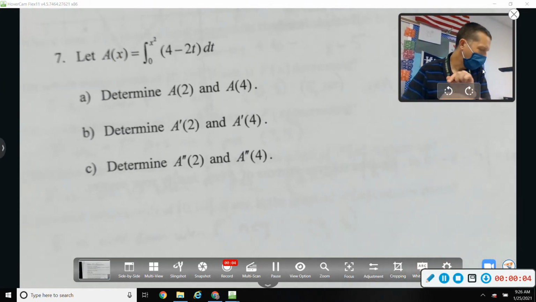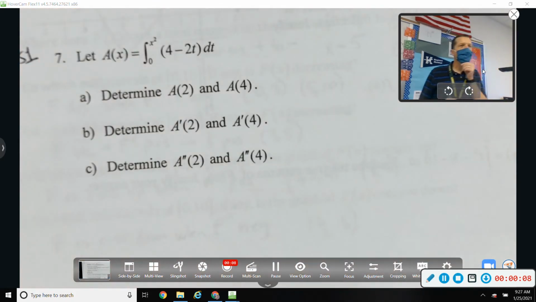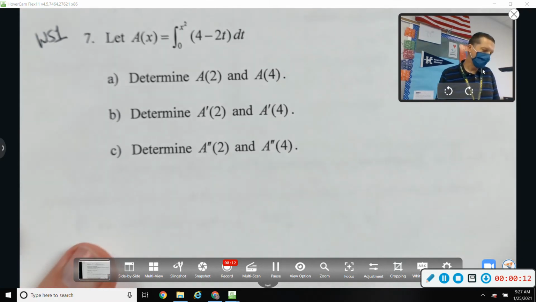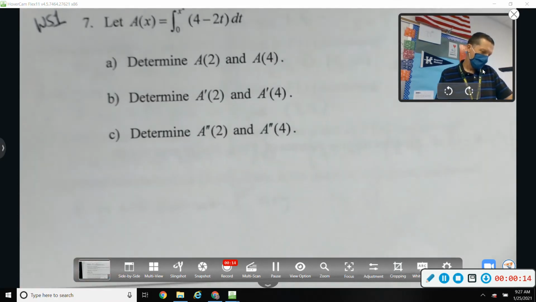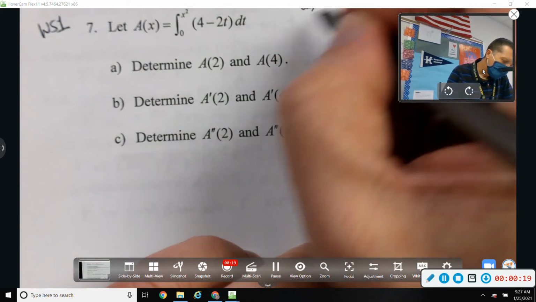So looking at worksheet 1, worksheet 1 on functions defined by integrals, the last one. Let's see if I have room to do all of this. So A of 2